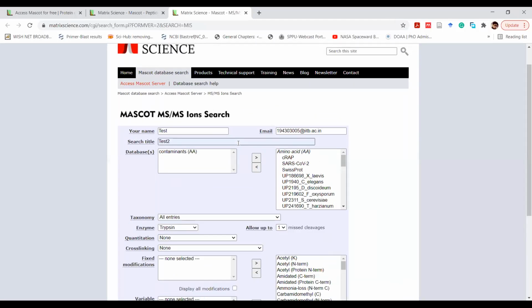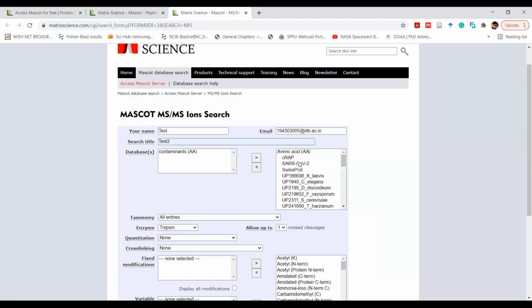Yeah, okay. So first up they are asking is the databases, right? Just as I mentioned, any search engine requires a database from where it will search. If you have a curated database, like you know what kind of sample you are dealing with, then you can give the curated database of that sample.